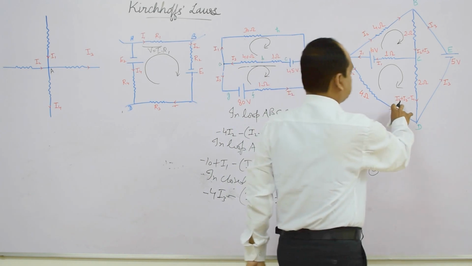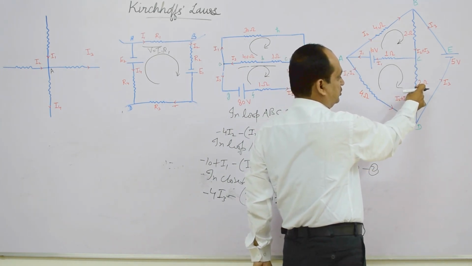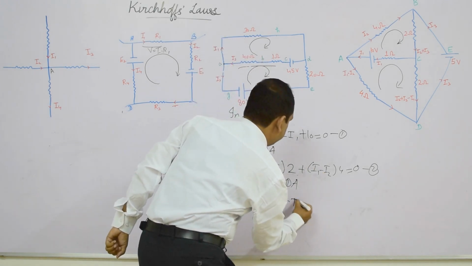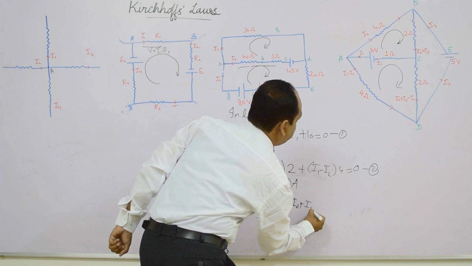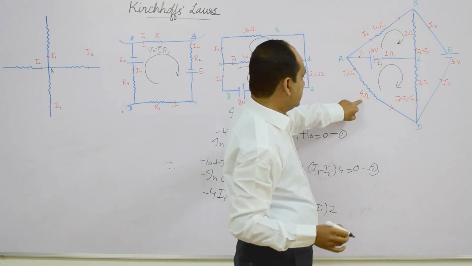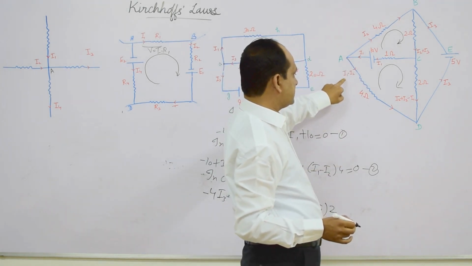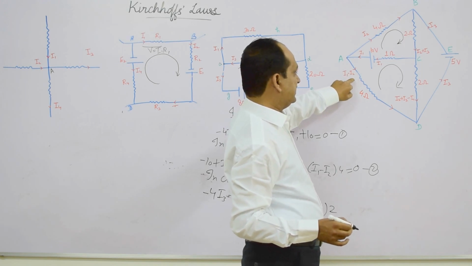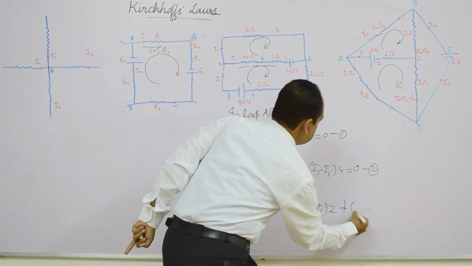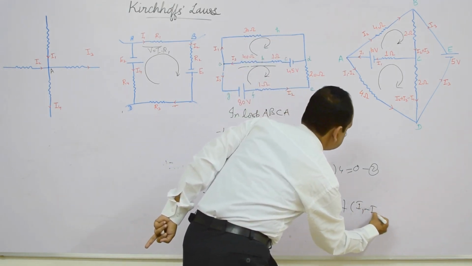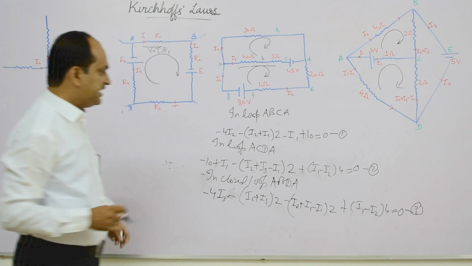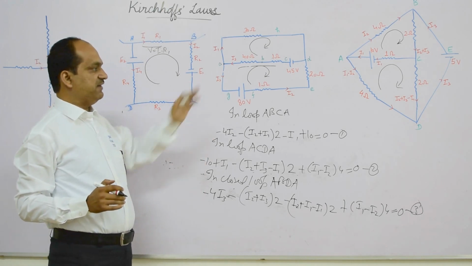And again we have this in clockwise direction and that is passing through 2 ohm, so we have minus I2 plus I3 minus I1 multiplied by 2 ohm. And then we have this 4 ohm in anti-clockwise direction that is passing through I1 minus I2, so its sign will be positive. So we can write plus I1 minus I2 into 4 that is equal to 0. Equation number 3. Now with the help of all the three equations we can find the values of I1,